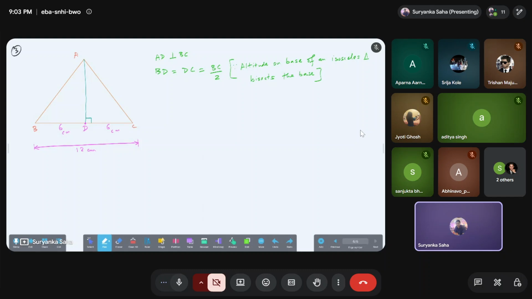Altitude on base of an isosceles triangle bisects the base. বাস। Now you will write যে BD, therefore BD equal to, therefore লেখার দরকার নেই, or equal to লেখো, এখানে therefore দাও উপর আগের লাইনটায়। Now you will write or equal to BD equal to DC equal to 12 by 2 equal to 6 centimeter. Okay, বাস।